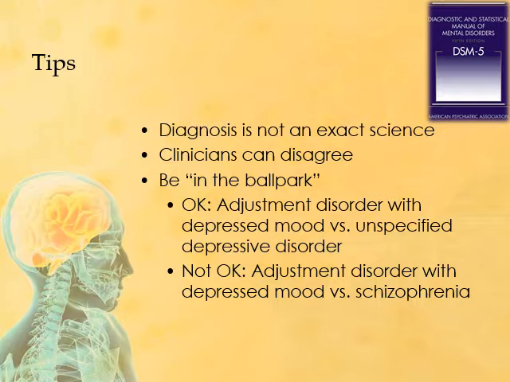So all of those things are fairly significant and severe with schizophrenia, and adjustment disorder with depressed mood would be considered a much milder diagnosis, and really is not related to psychosis. It's more related to low mood related to a stressor. So those are two very different diagnoses, and I would not consider those to be in the ballpark